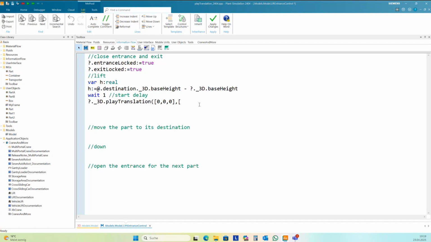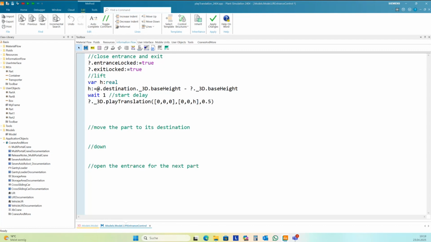And so the offset X and Y is 0. And our variable for height here as Z parameter. And we take, for instance, 0.5 meter per second as a speed.